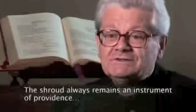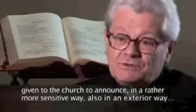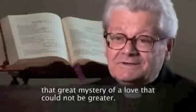The shroud always remains an instrument of providence, given to the Church to announce in a rather more sensitive way, also in an exterior way, that great mystery of a love that could not be greater. But could it be that the image on the shroud is telling us there is something beyond death? Until modern times,